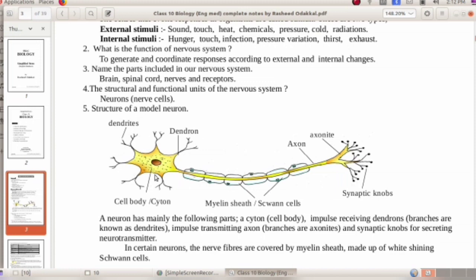First one is the cell body, and the branch of the cell body is dendron, and the branches of dendron are called dendrites, and the longest branch of the cell body or cytone is axon. The branches of axon are called axonites, and in the tip of the axonite the synaptic knobs are seen. Then